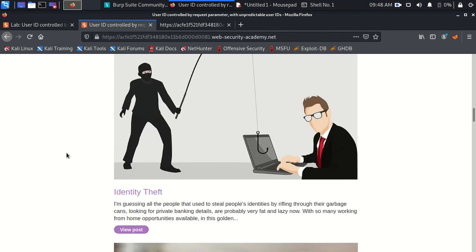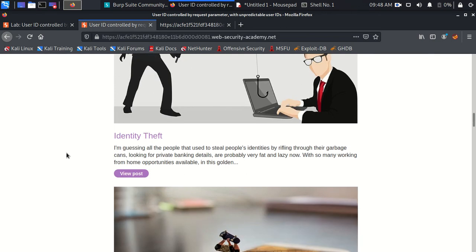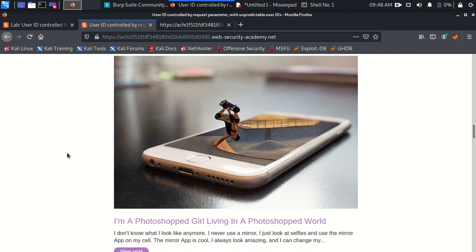Sometimes it's very difficult to enumerate manually because a lot of things are going on, and a lot of URLs and paths and scripts are there, and you have a lot of pages. So sometimes there is a chance to miss something also. Maybe the information you are looking for is right in front of you, but you cannot see it.